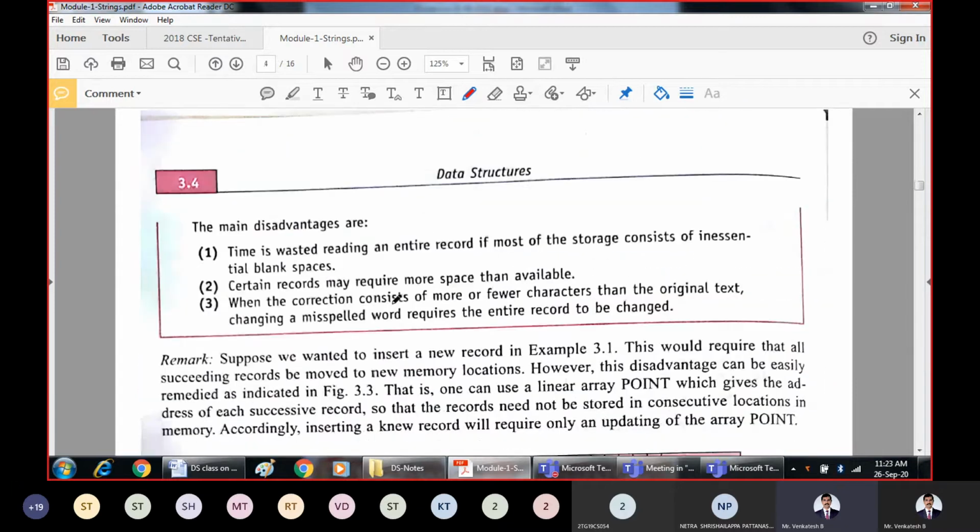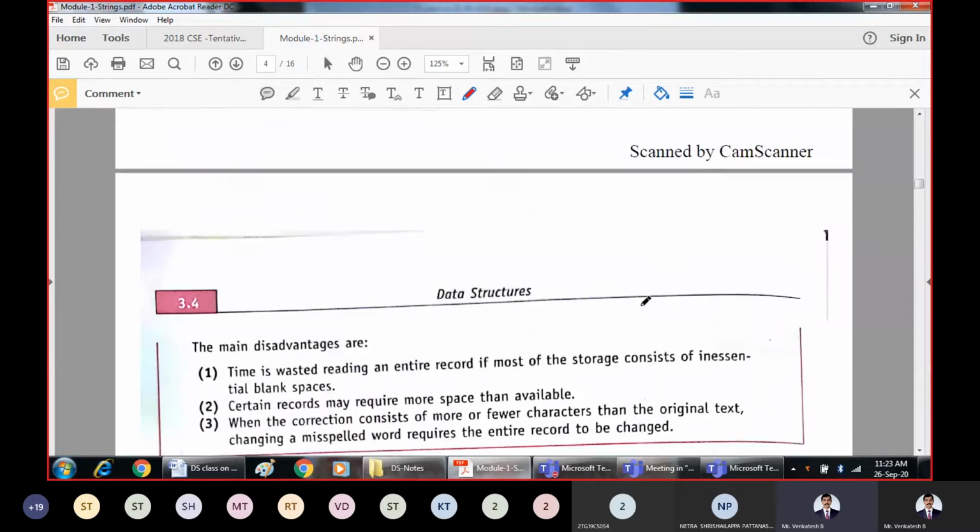So that's what is listed here. Time is wasted in reading the entire record if most storage consists of initial blank spaces.